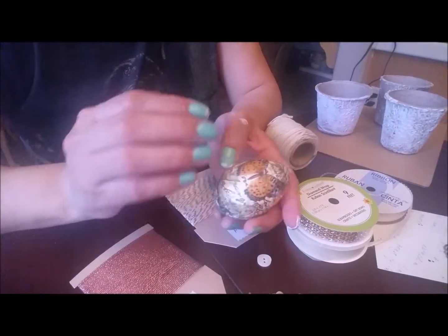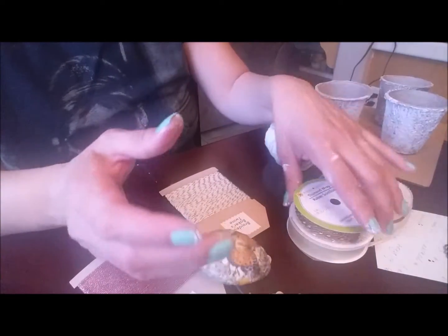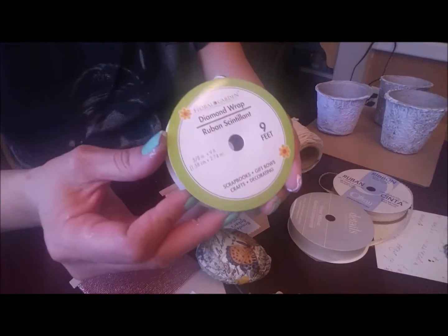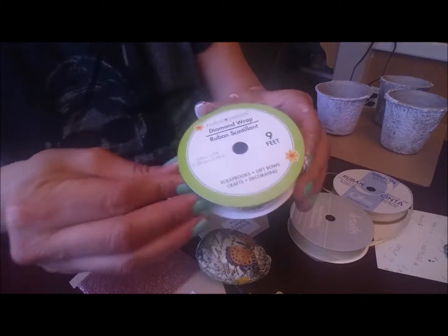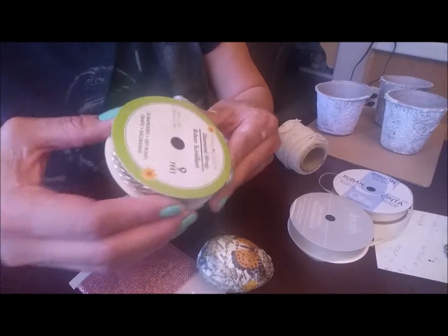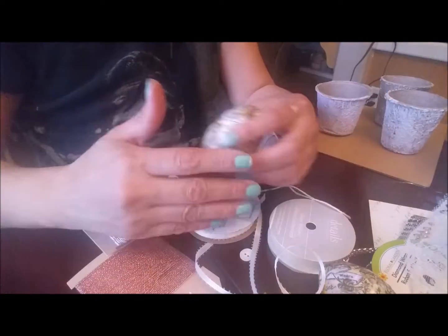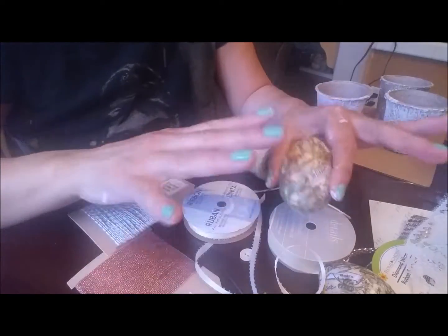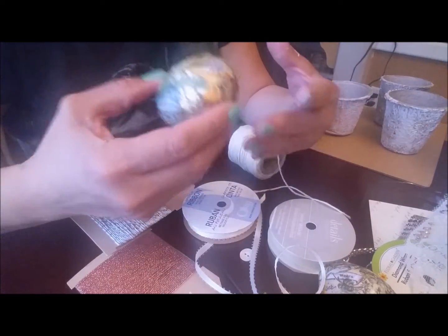Now this is your part, however you want to decorate yours. I'm still not sure what I want to do with mine. I have so many options here. I have this diamond wrap, but I don't know what I want to do. So this is where you need to get creative. At this point, this is how you're gonna decorate yours. I'm gonna go ahead and keep playing around with my stuff here, and then I will show you what I